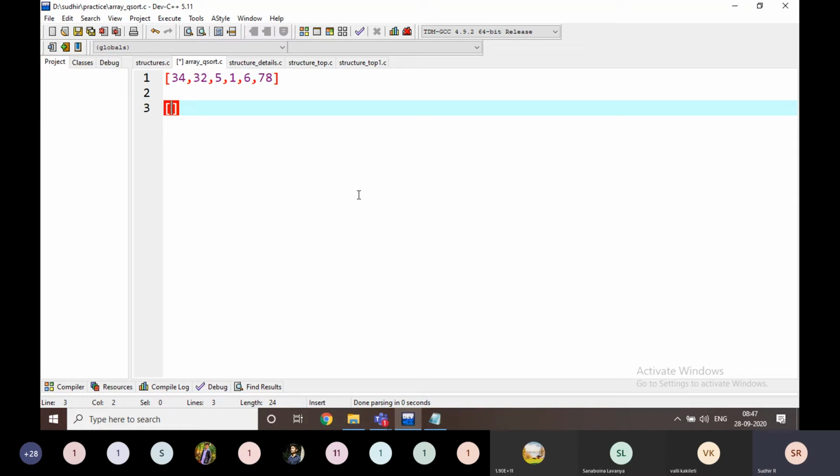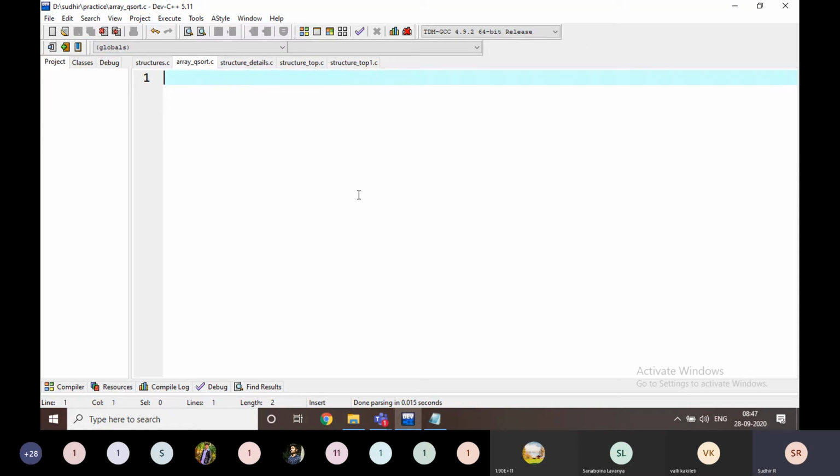But in C, there is a predefined sorting methodology, that is qsort. I will explain how qsort works with a simple function. There is no need to write any logic for that. We just have to write the simple syntax of it. I will show you how to work with that function.